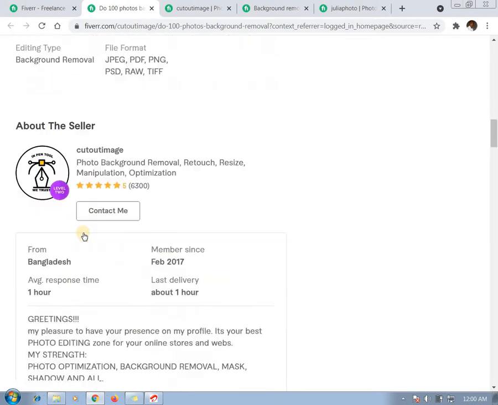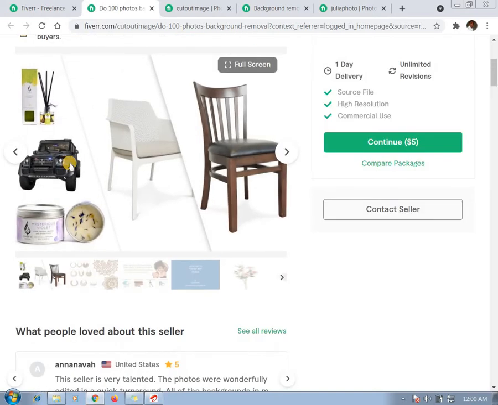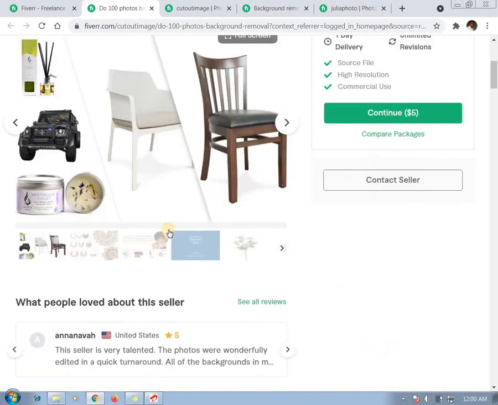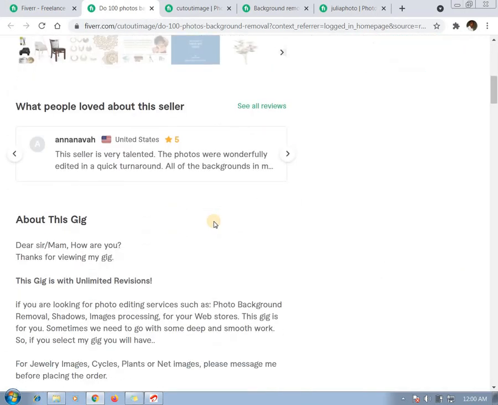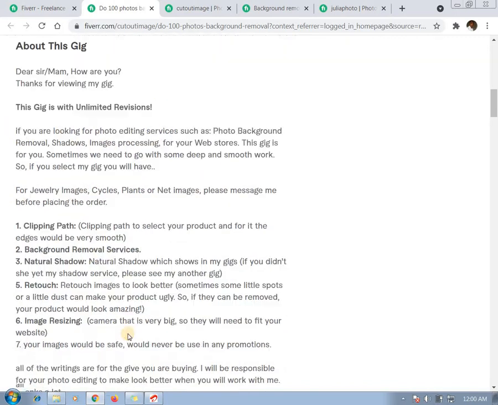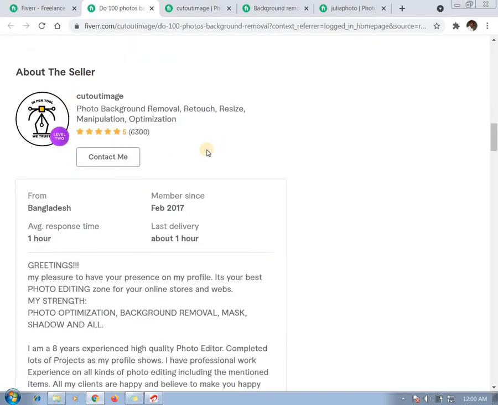Then when you go through his own profile, this is how your own gig will appear to people who want to buy. Once they click on your gig, which is your service, they will see your picture first. Once they scroll down, they will see what you wrote about that particular service, which is here. All you wrote is on here. I don't have time to read all that. Then under here will be your profile. That's how I first start with your profile, what you set on your profile.